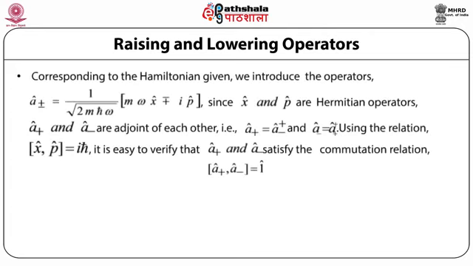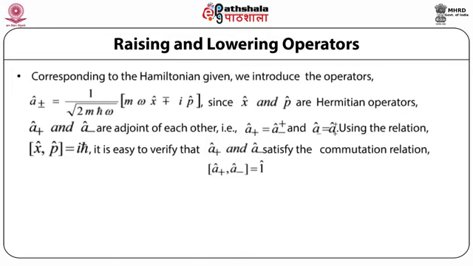Now, corresponding to the Hamiltonian given above, we can introduce the operator A plus is equal to 1 upon under root 2m h cross omega, whole times within brackets m omega operator x minus iota times operator p, and the